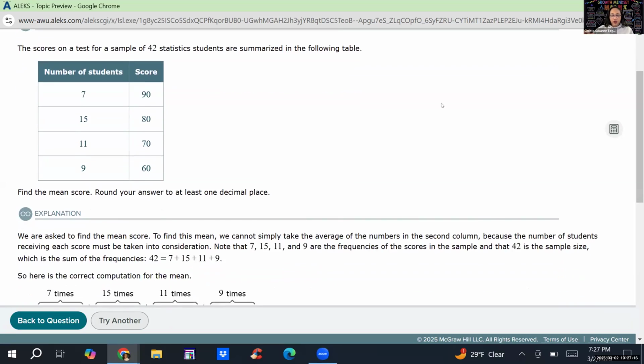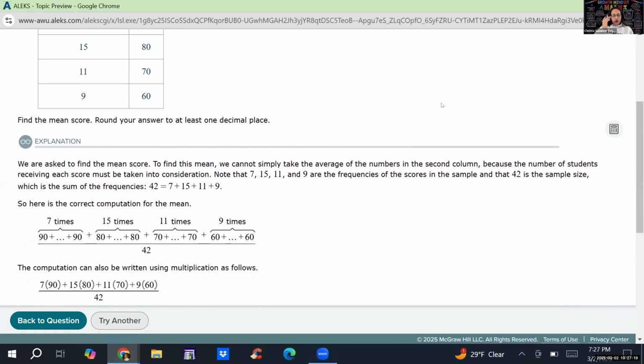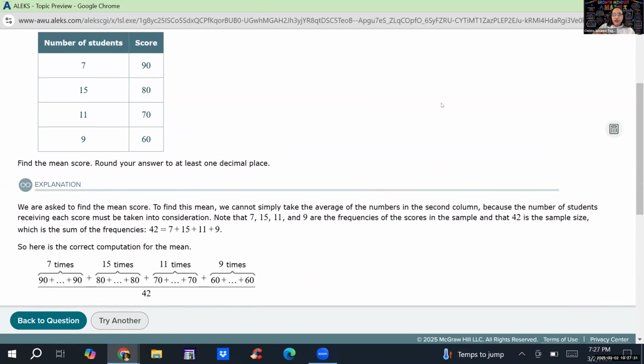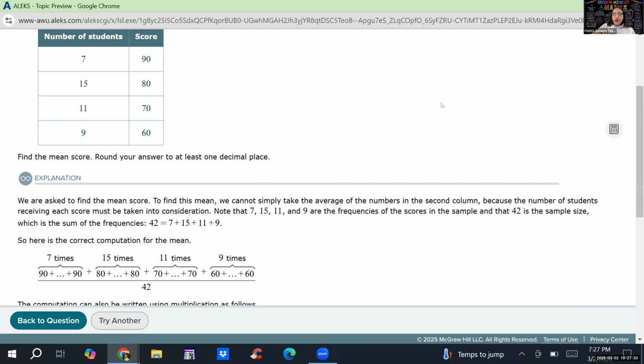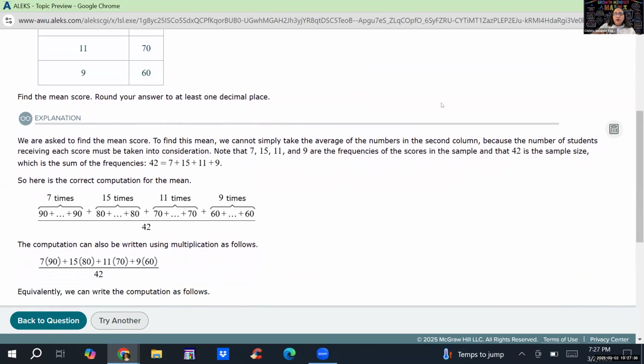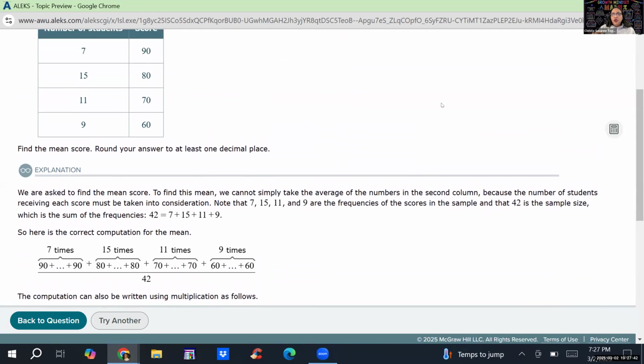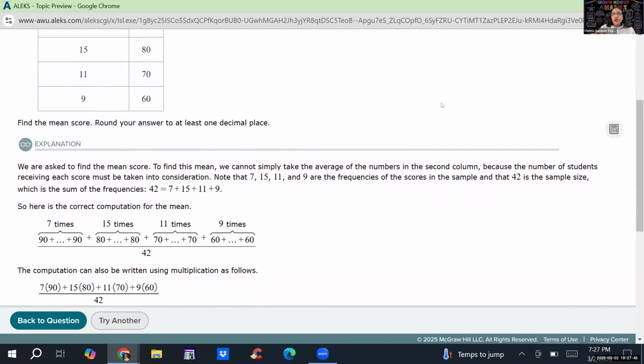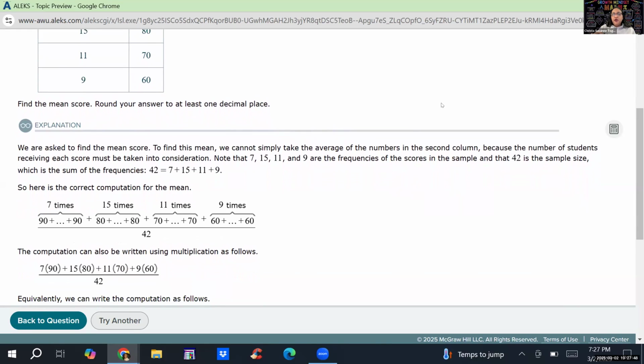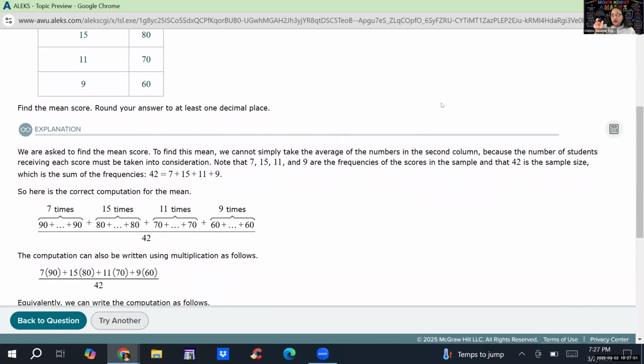All right, so what you do is you do the same thing you did before with the mean, but this time you are going to multiply it by the number. So if you look here, there are 7 students and they obtained a score of 90. So you're going to multiply 7 students times those scores. And then you have 15 students who scored 80, and then you multiply 15. Well, you add the first part, 7 times 90 plus 15 times 80, and then 11 times 70 plus,